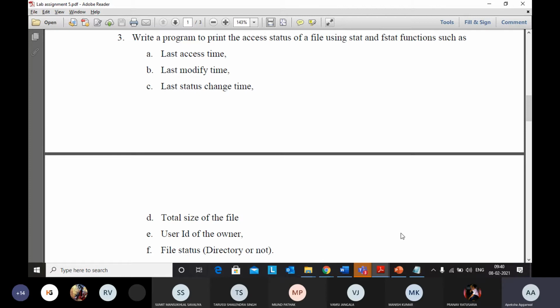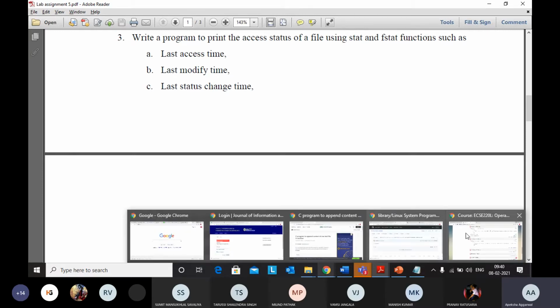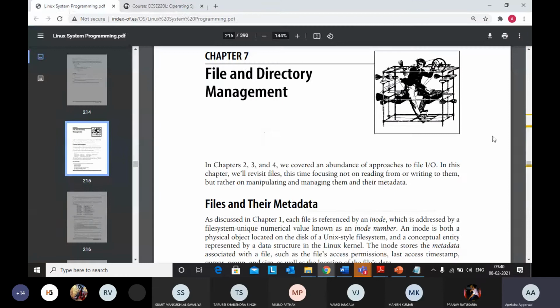It stores information like where your file is, what is the size of your file, when it was last modified, and who is the owner of that file. All this information is stored in the inode associated with a file.